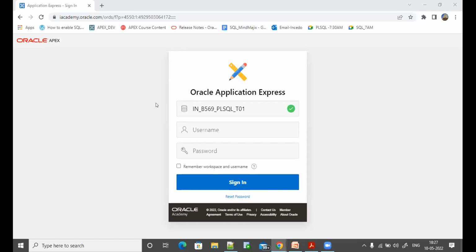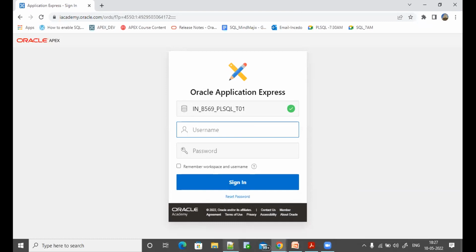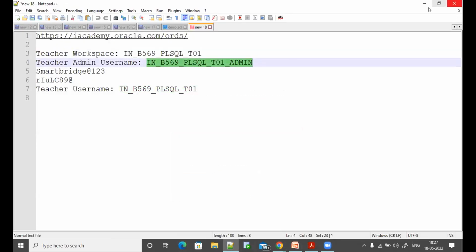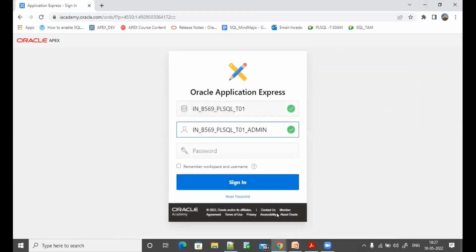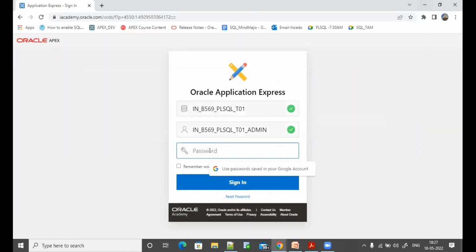So if you got the credentials, then it is good to know. So I'll just show you. The URL is already pinged in the chat. You can get that URL, and you can simultaneously start accessing the URL from your browser, and then you can start logging into the workspace as I'm logging in. So this would be my workspace name, and this would be my admin username that I'm going to log in with. As soon as I click on login,